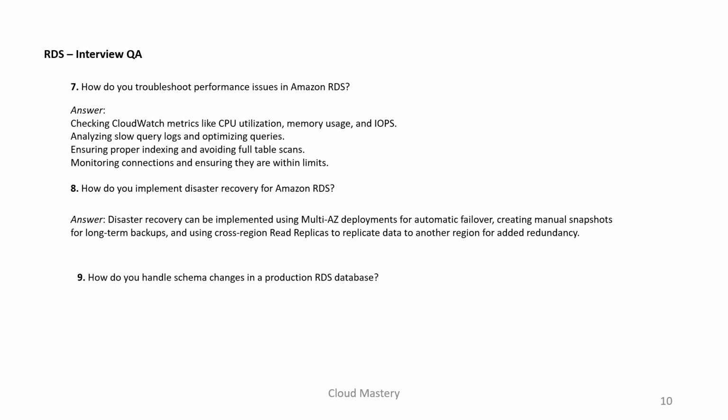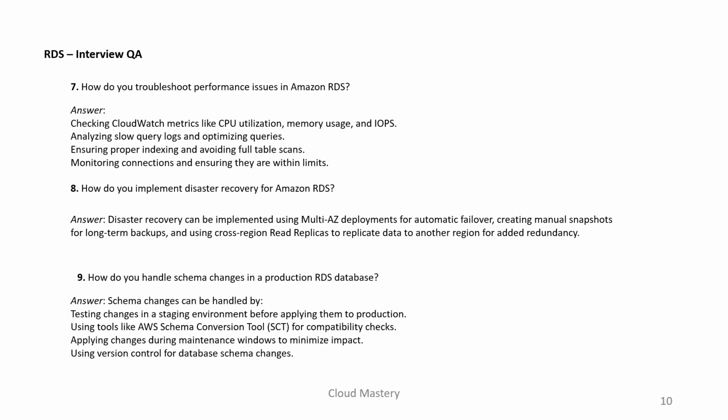Next question, how do you handle schema changes in a production RDS database? So we should not go directly to change anything on the production environment. That is the first thing as a best practice I can say. So what you can answer, testing has to be done first with the staging environment. So you have a staging environment, then you should perform similar kind of testing over there before applying to the production